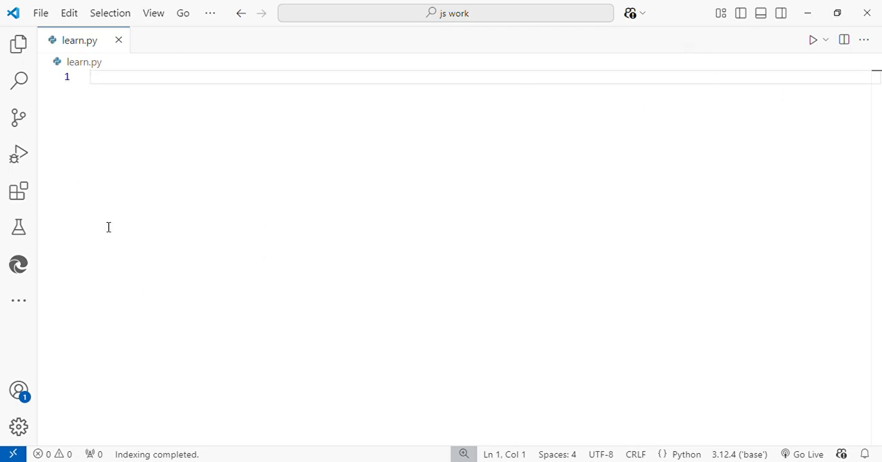Today we are going to learn how functions work. So to create a function we write def, and after that we write its name. I'm creating a simple function